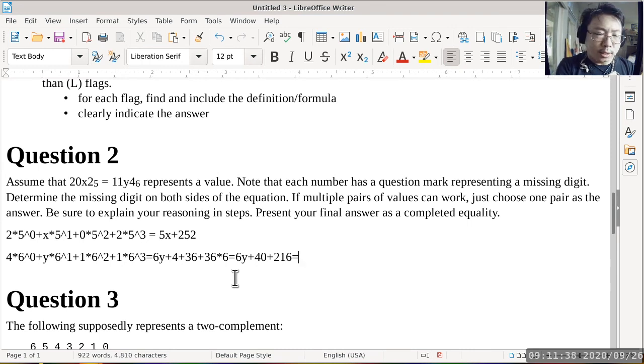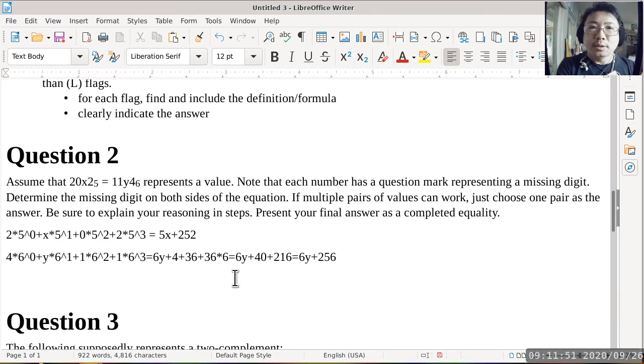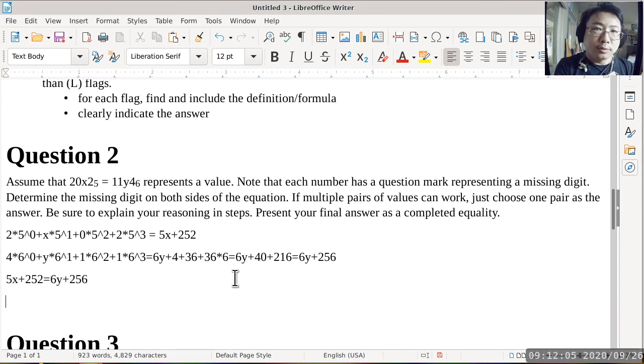and that would make it 6y plus 256. Well, certainly looks that way. All right, so they are the same. So we have 5x plus 252 equaling to 6y plus 256. So once we take care of the constants, then we have 5x